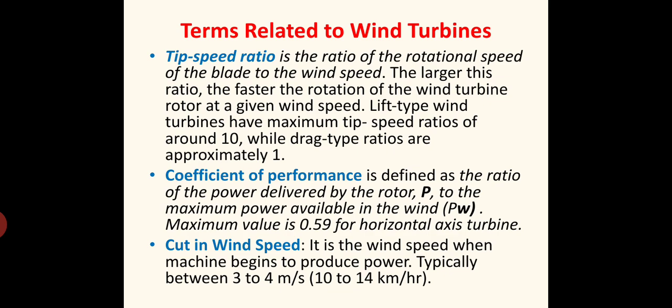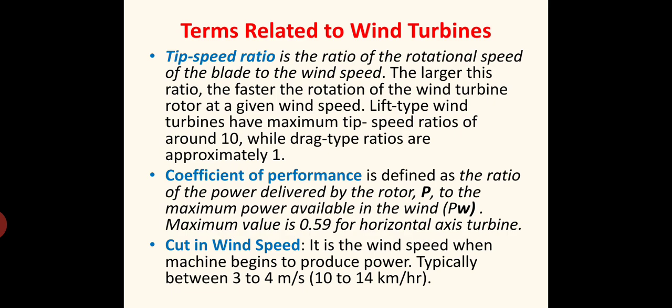Now coming to the terms related to the wind turbine, usually some technical terms will be there in the field of wind turbines that we will see in this presentation. First one is tip speed ratio. It is the ratio of the rotation speed of the blade to the wind speed. See, the wind will have the higher speed, whereas the complete speed conversion will not be there, or that speed of the wind will not be completely transferred to the rotor blades. So of course the rotor blade will have a lesser speed, so that ratio of the rotation speed of the blade to the wind speed is known as tip speed ratio.